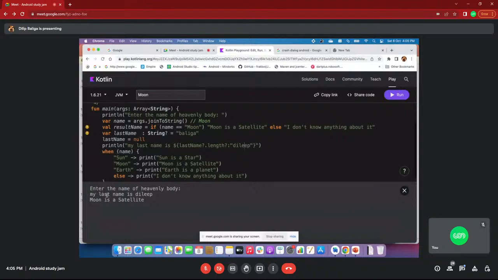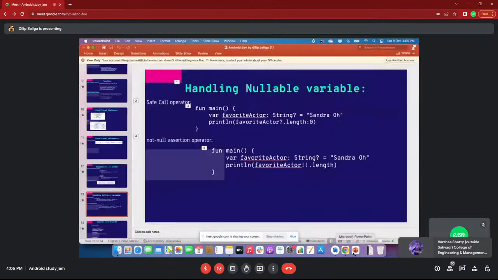That is the reason "my last name is Dilip" is printing. That is the main advantage of using the safe call operator, to avoid a null pointer exception or any kind of crash in the app. I already gave this example.